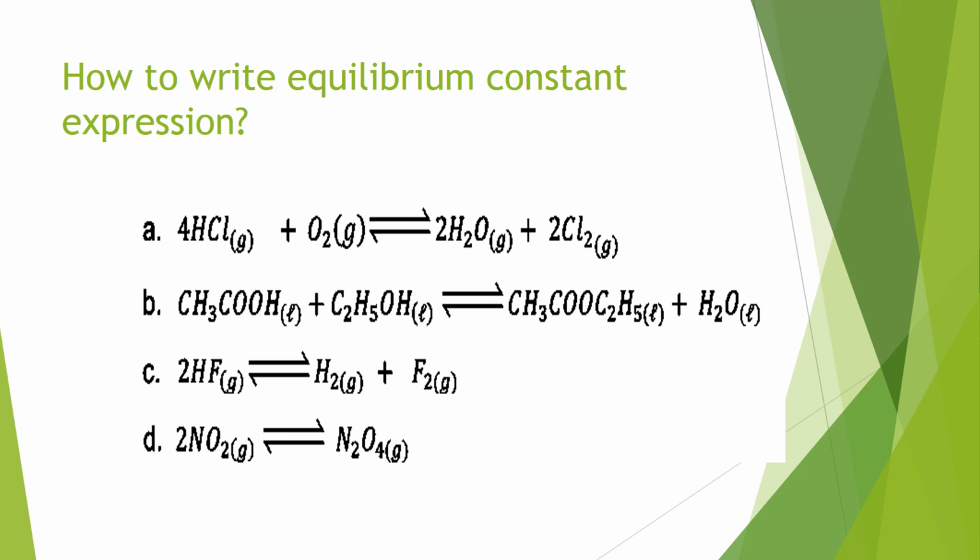How to write the equilibrium constant expression? Here 4 questions are given to you for solution, and this can make it clear how we write down this equilibrium constant. What we have to keep in mind is that reactants will be written in the denominator and products will be written in the numerator, and each will have the exponent equal to its number of moles.